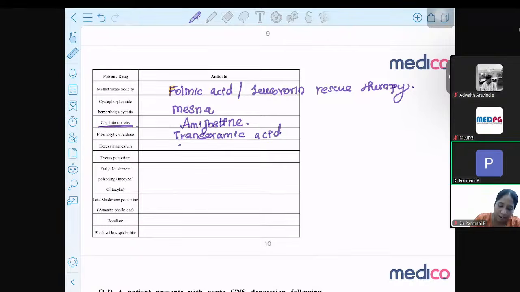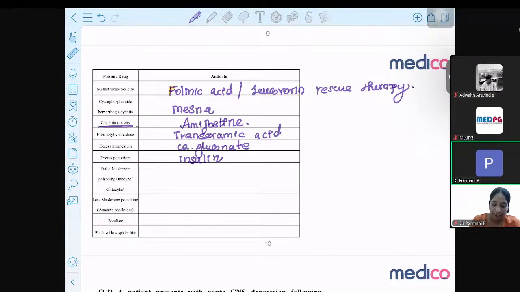And for excess of magnesium also, you can give calcium gluconate. For excess of potassium, you can use insulin. And be careful when a question is asked about mushroom poisoning, because they will be either mentioning whether it is an early mushroom poisoning or a late mushroom poisoning. Or sometimes they can ask us about hallucinogenic mushroom. Okay, so you need to look at the type of mushroom which they are asking or the species of mushroom